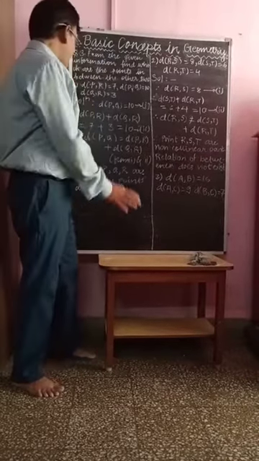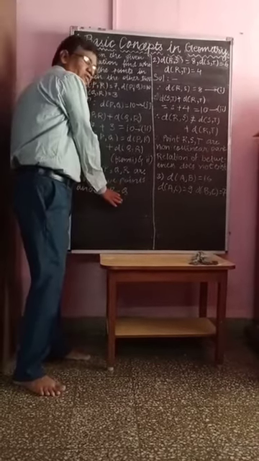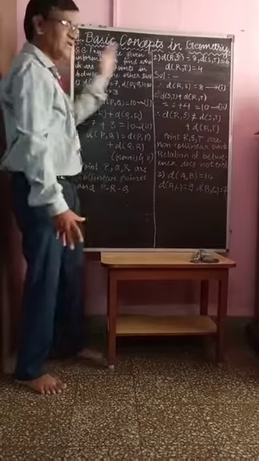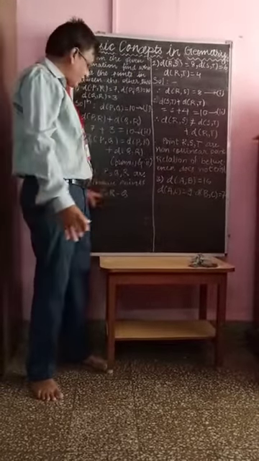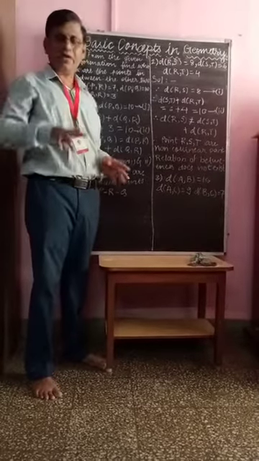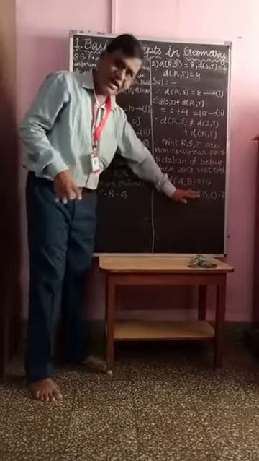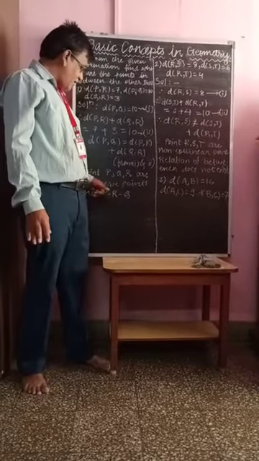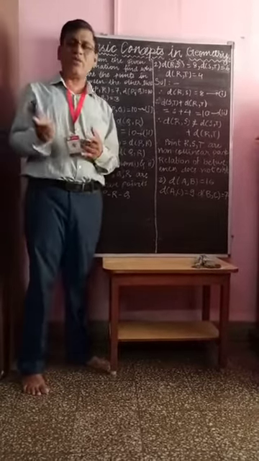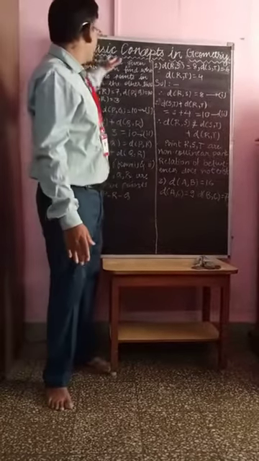So one example is for collinear. How do you find out the collinear points? And one example for non-collinear points. How do you find out the non-collinear points? And you can see the in-betweenness between the points. Here no in-betweenness, and here in-betweenness exists, where R is in between P and Q. Similarly, you can solve the other questions in this question number 3.